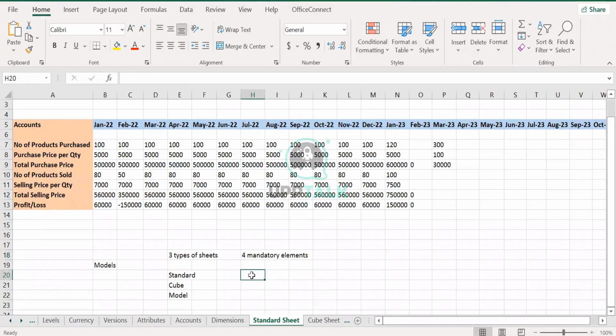We just have to list down which are the 4 mandatory elements. Accounts, periods, versions, and time. The period is nothing but your time. Time and period are the same.